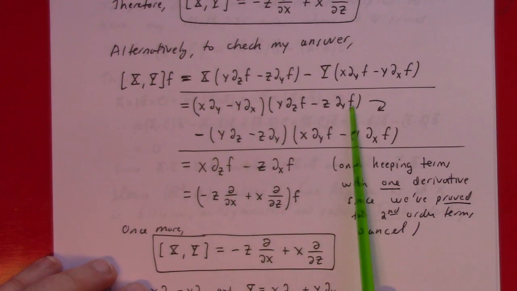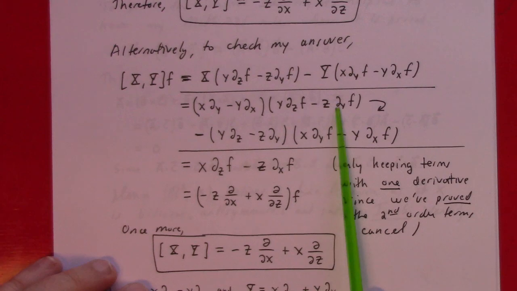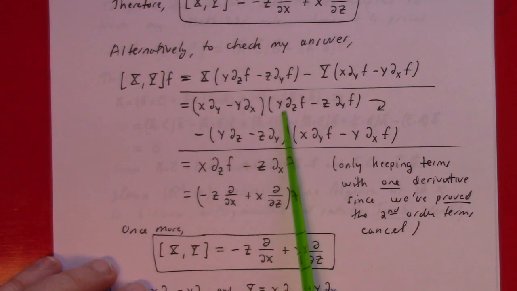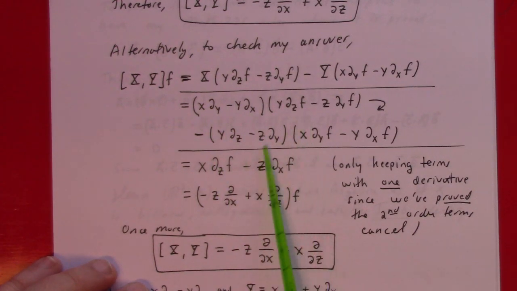this one acting on that one, for instance, because it's necessarily a second derivative. But this one acting on that, that's what I'm interested in, because the y hits the y and just leaves me an x partial z, which is that term. And down here, like this,